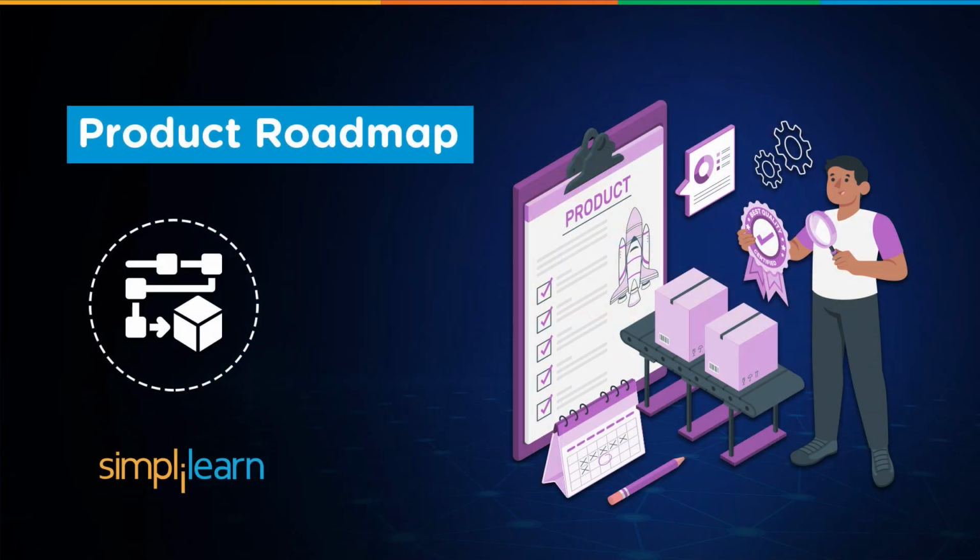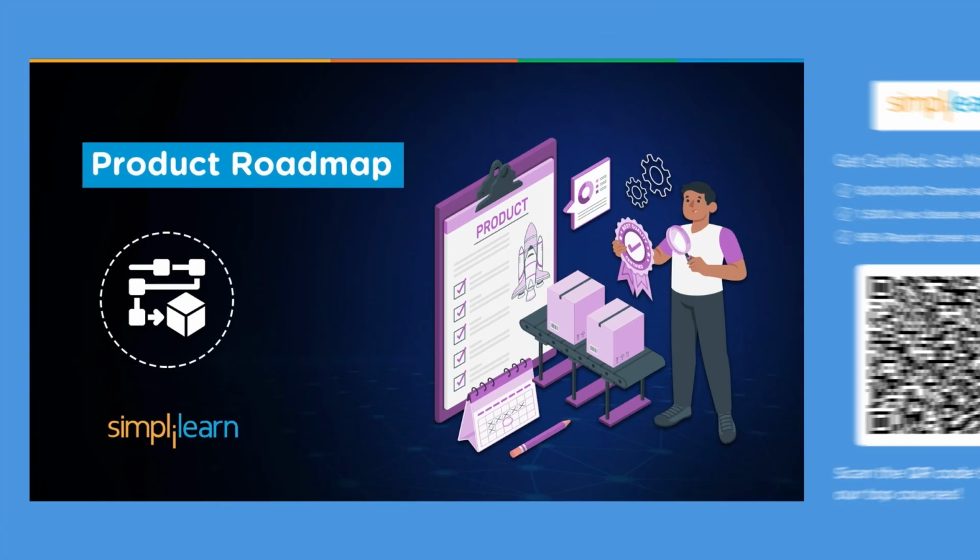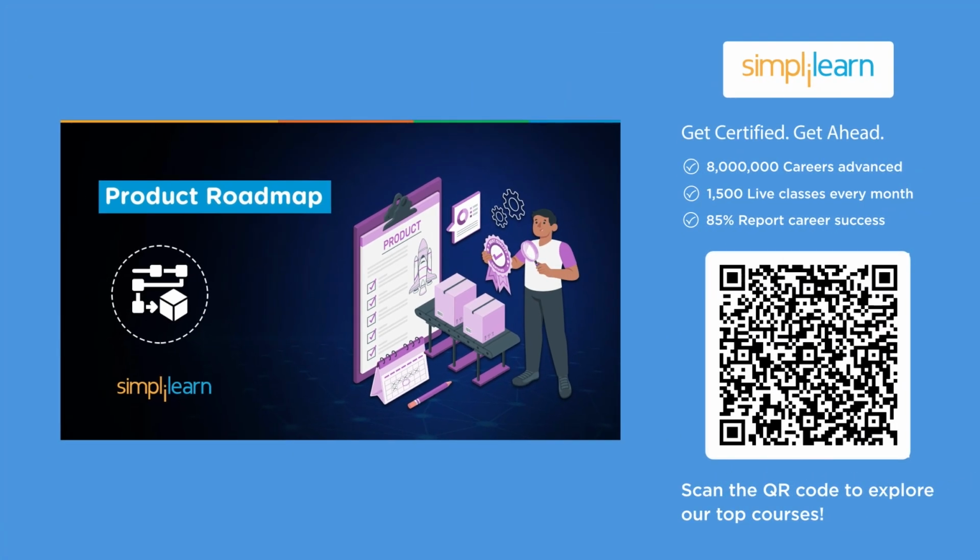So in this video, we will discuss product roadmap. A product roadmap is a strategic guide that outlines the vision, goals, and development timeline of a product. It helps align teams and stakeholders, prioritize features, and track progress throughout the product's lifecycle. Essentially, it serves as a blueprint that ensures everyone is on the same page when it comes to the product